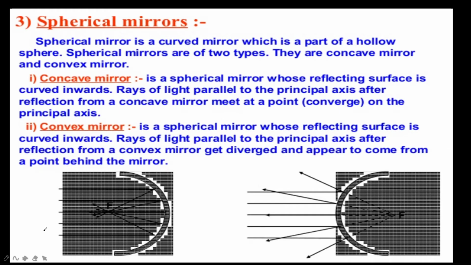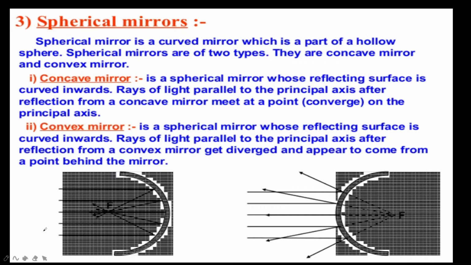Okay, so today's topic is spherical mirrors. Till now we have discussed the reflection of light which takes place on plane surfaces. Not all mirrors that we use are plane. Many curved mirrors we find in our daily life, like rear view mirrors in cars. They are also curved surfaces. Dentists use mirrors that are also spherical mirrors. Which type of mirror gives which type of image, we are going to discuss in this